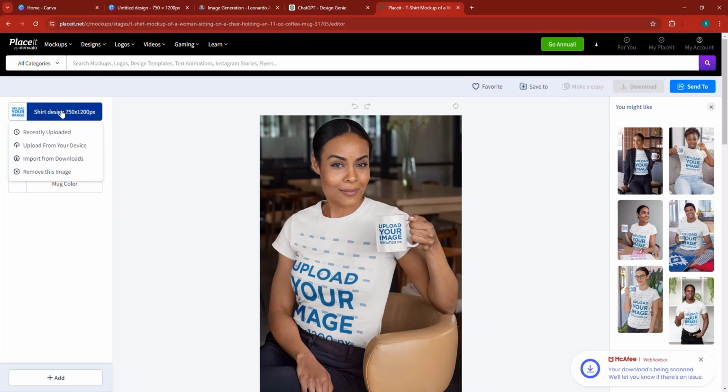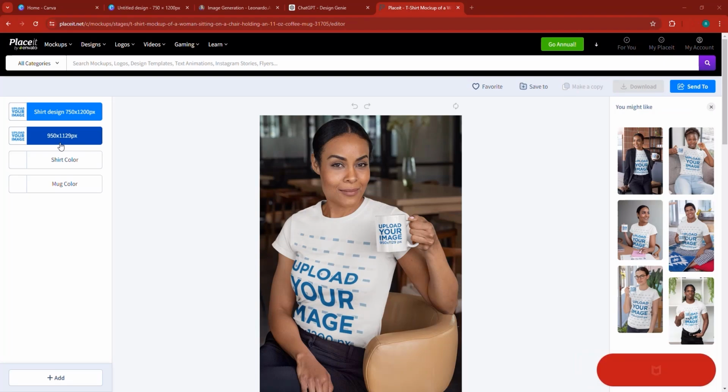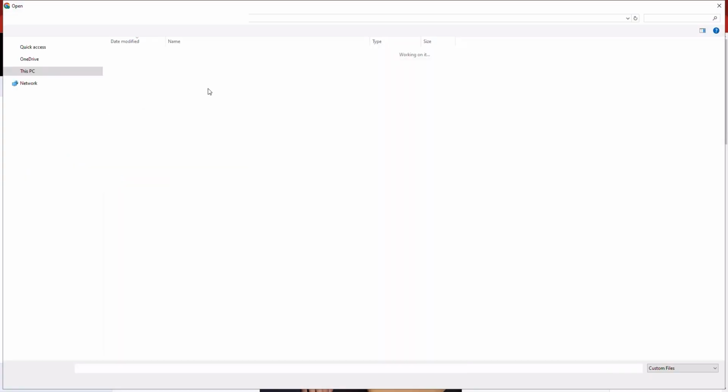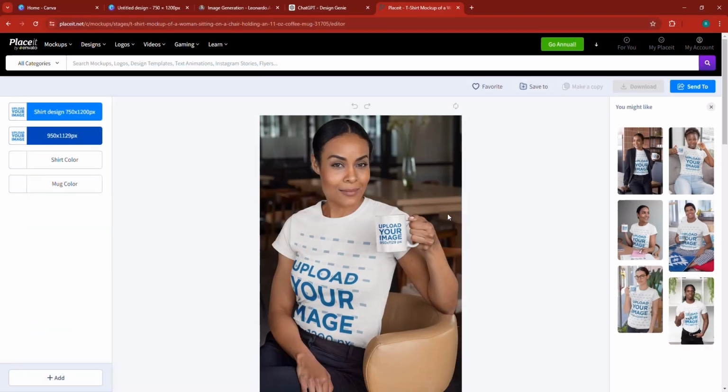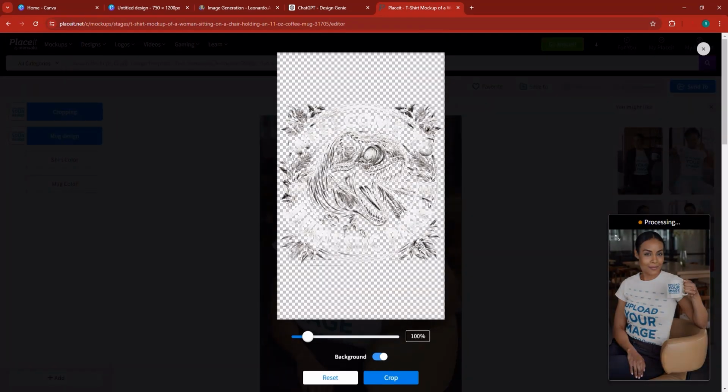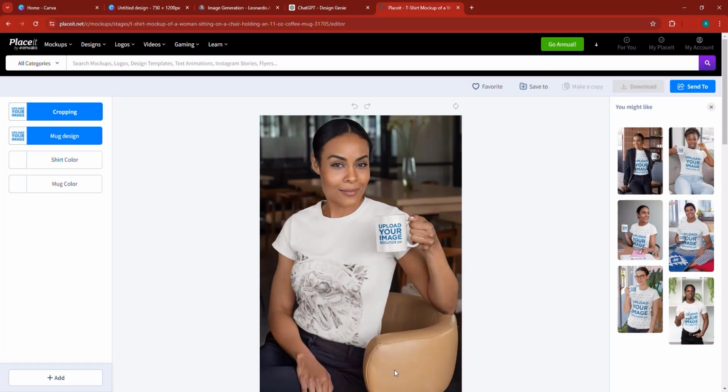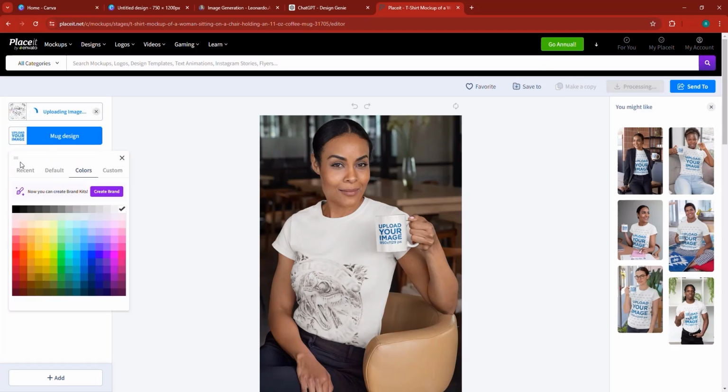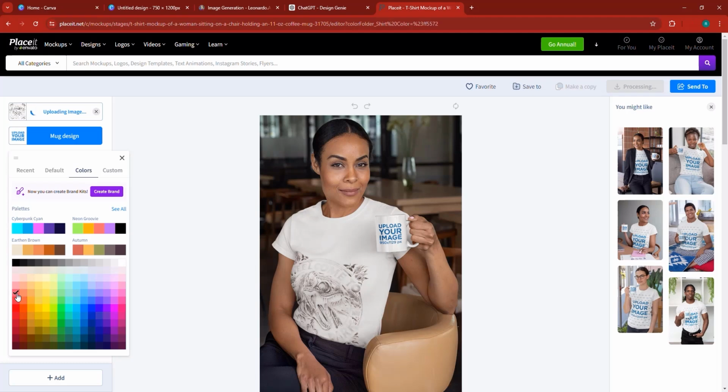So if I click here, I can upload from my device. All right. So let's upload this T-shirt design, and it's going to give us a template of how it exactly looks. If I crop, you can see it looks horrible. But if I change the color of the shirt to maybe something else like a red, notice that now it